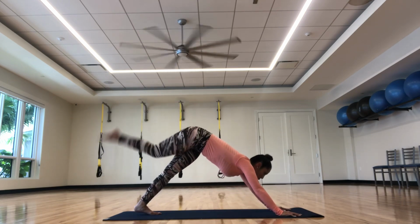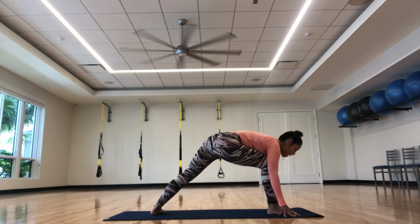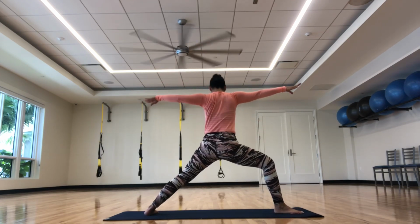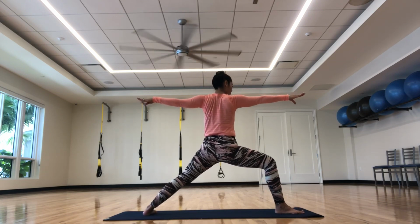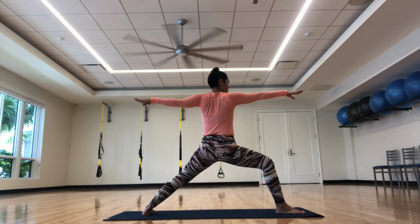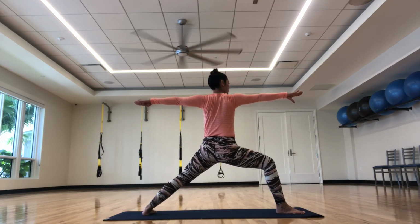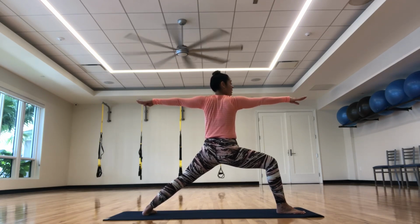Exhale, send it through. Right foot steps forward. Back heel comes down. Take a deep inhale, let's bring it up. Warrior two. Settle into your space. Gaze to the right fingertips. Press into the outer edge of the left foot. Sink a little lower for the last